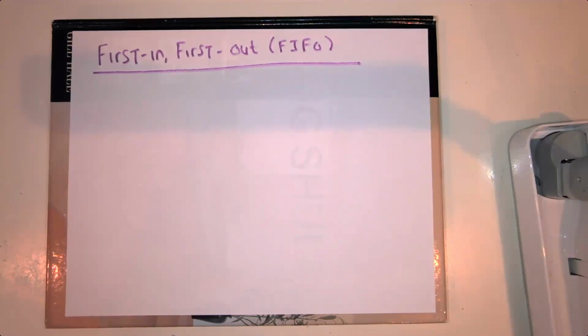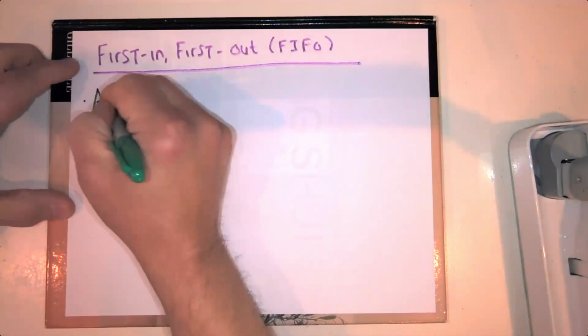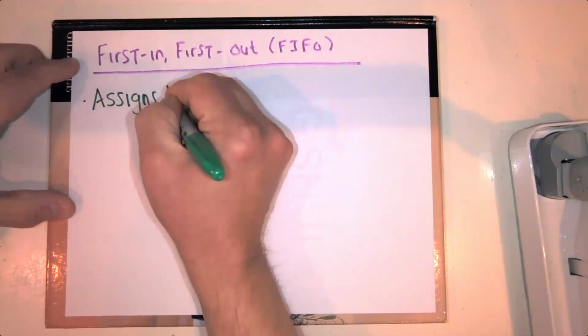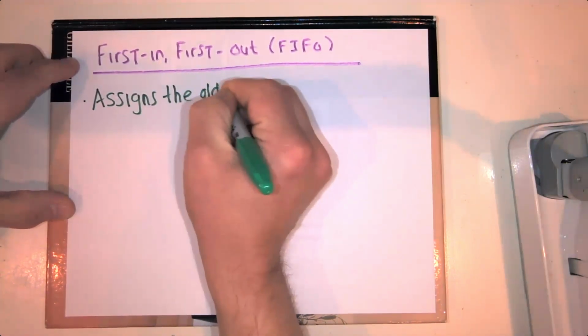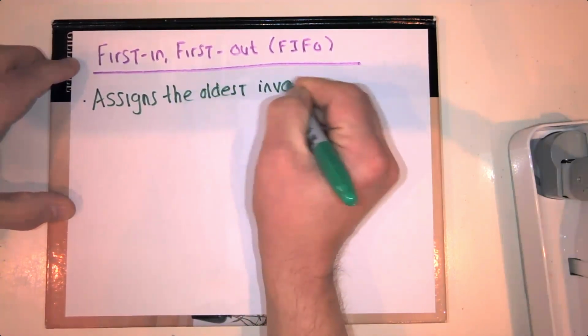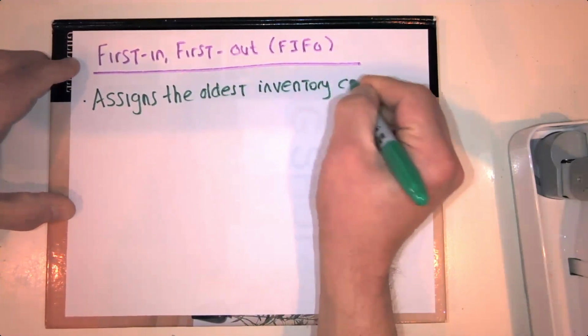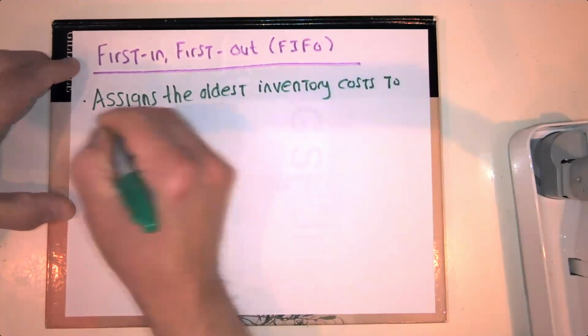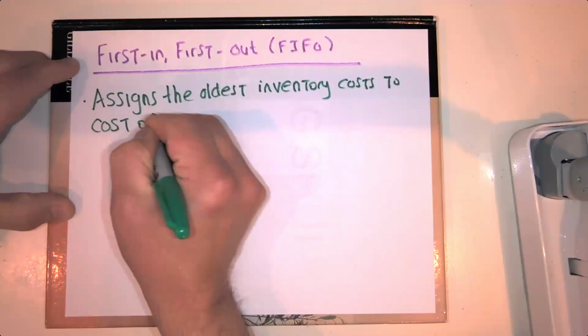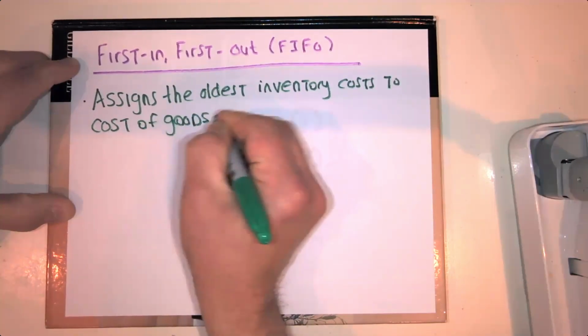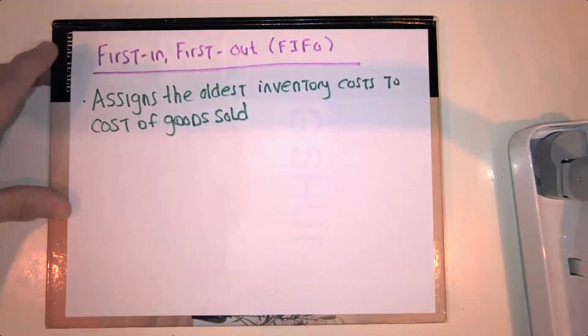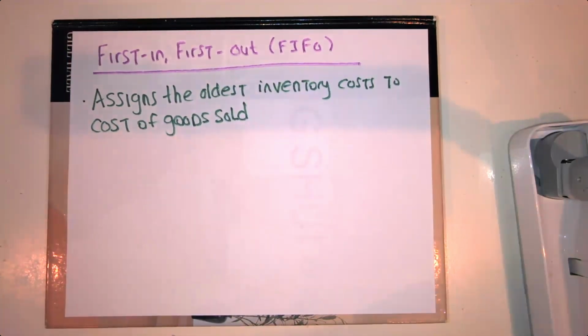And using FIFO, the way it will calculate the cost of goods sold is FIFO assigns the oldest inventory costs. So it assigns your oldest inventory costs to the income statement, to cost of goods sold. So it is the oldest inventory cost that we've got that we will use to calculate our cost of goods